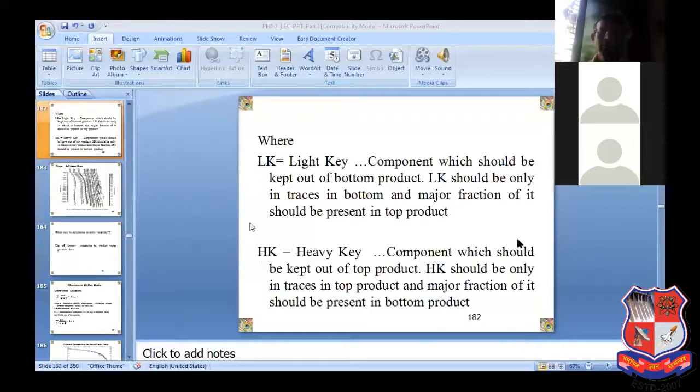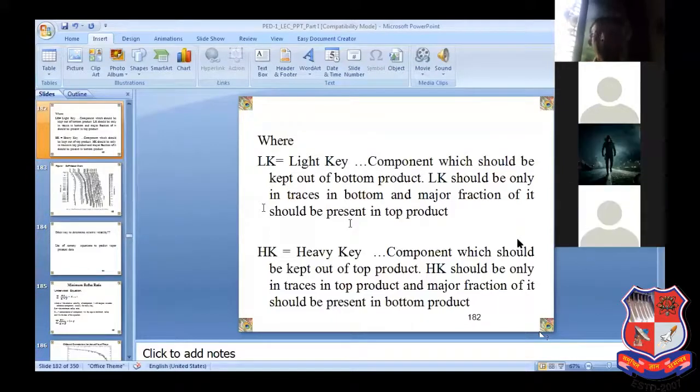Now we want separation of toluene and xylene. In that situation, we are going to define toluene as the light key. So we need a separation between toluene and xylene. We are going to get benzene and toluene in the top product, and only xylene in the bottom product. A very small fraction of toluene will be there in the bottom, and a very small fraction of xylene will be in the top product. So that's how